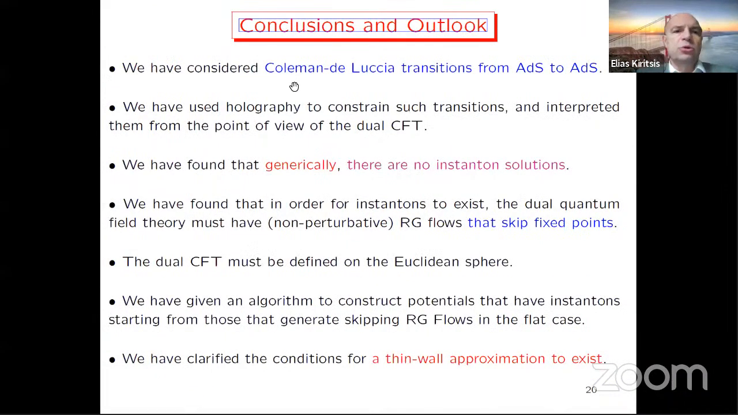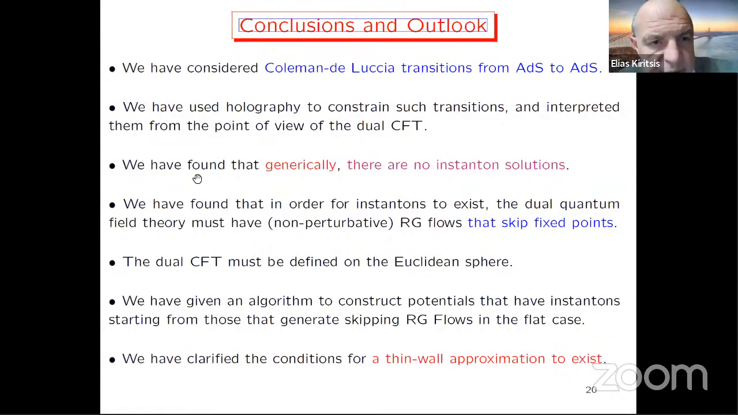So let me conclude. We have considered Coleman-de Luccia transition from AdS to AdS. We have used holography to constrain such transitions and interpret them from the point of view of the dual CFT. We have found that generically there are no instanton solutions, except if you tune the potential. We have found that in order for instantons to exist, the dual quantum field theory must have non-perturbative RG flows